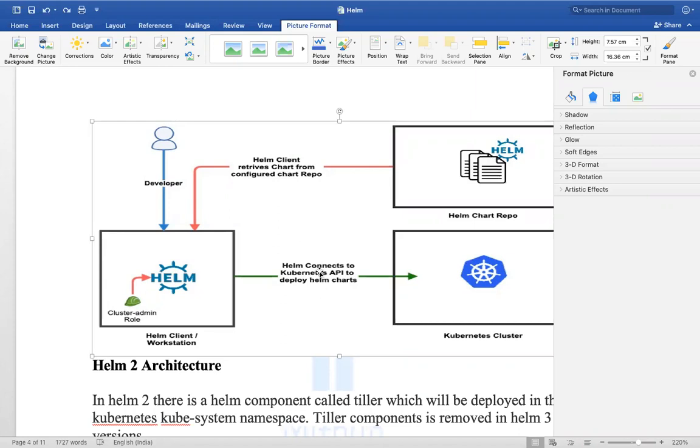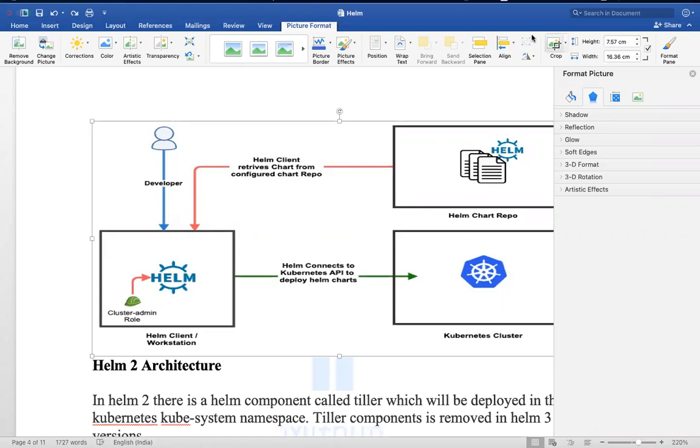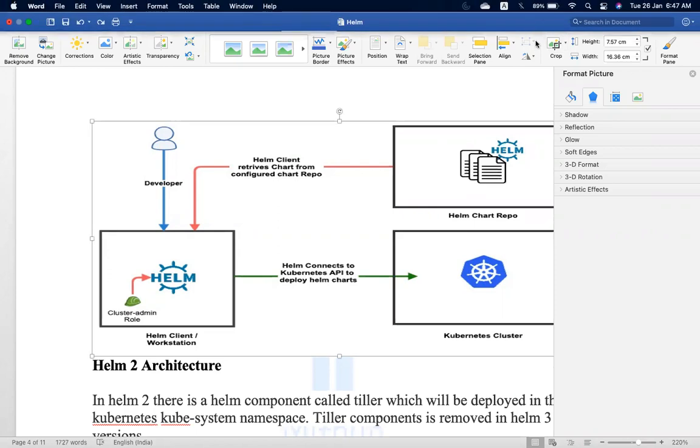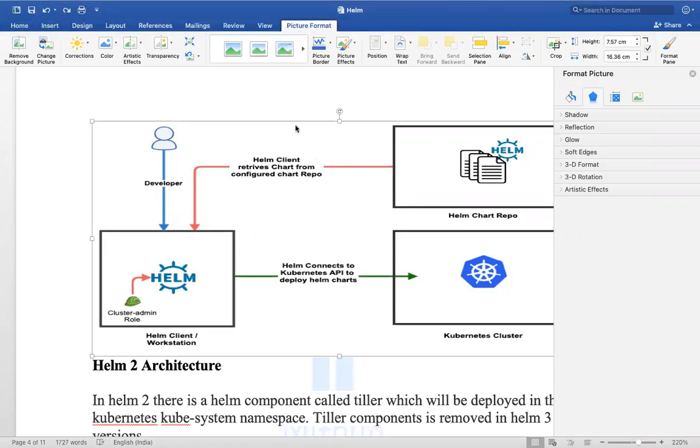Helm charts. But what is this Helm chart repository? What do we maintain in the Helm chart repository? It's a repository, Helm chart repository. What do we maintain in it?